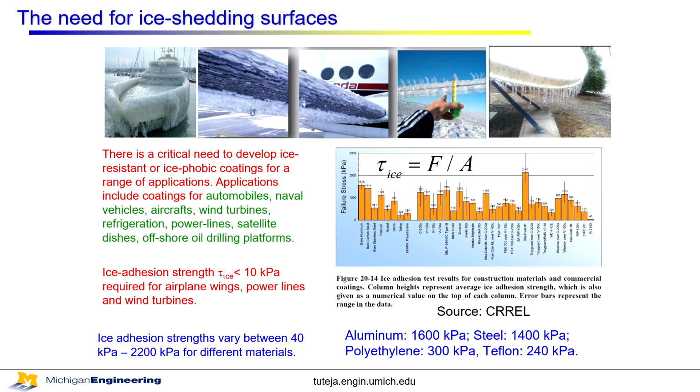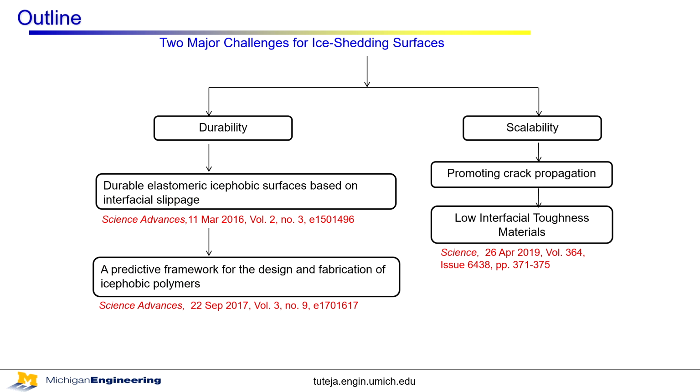But now let me give the engineering perspective. If I want to prevent icing on airplane wings or power lines or wind turbines, typically people have speculated that you might need values below 10 kilopascals or so. We'll see how relevant that is in just a minute. But if I wanted to get 10 kilopascals and my polymers are on the order of about 200 kilopascals, there's an order of magnitude difference between where we are and where we need to be to address this challenge. And so about 6 or 7 years ago, we started working in this area